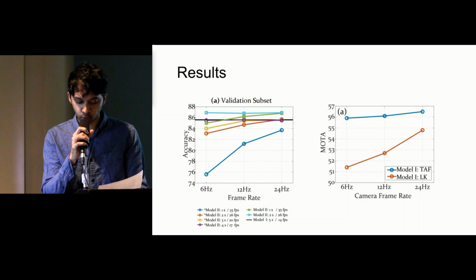We did experiments where we simulated low frame rate cameras such as 6, 12, and 24 Hz. On the right, we tested the accuracy against a baseline KLT method, and we observed that the TAFs are able to outperform Lucas-Kanade, especially with large motion brought about by the lower frame rate. On the left, we have a subset of the validation dataset, and the results show that we were able to outperform the non-recurrent approach with a better accuracy to computation ratio.